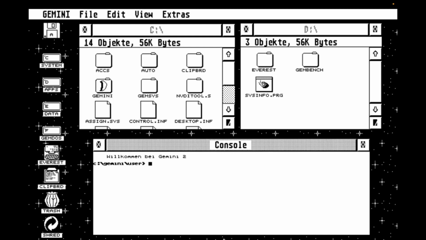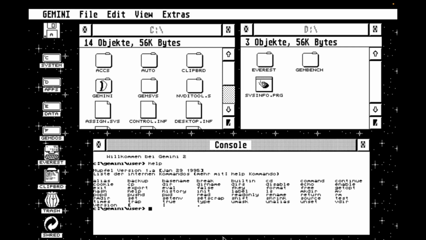Out of the box, the console comes with some built-in bash-like commands. And the help command lists them. Here they are. And it contains all the requisite commands like ls, cp, rm, and loads more. In fact, it's a fully scriptable environment with if statements, while statements, that sort of stuff. It's the environment I use for LaTeX and TeX, and that's the document creation system that I use to do my undergraduate and postgraduate